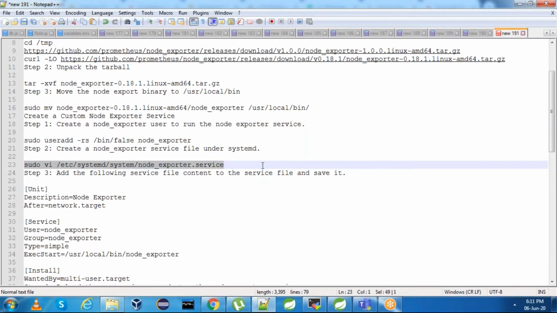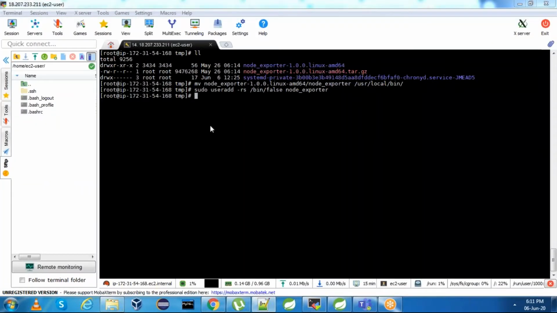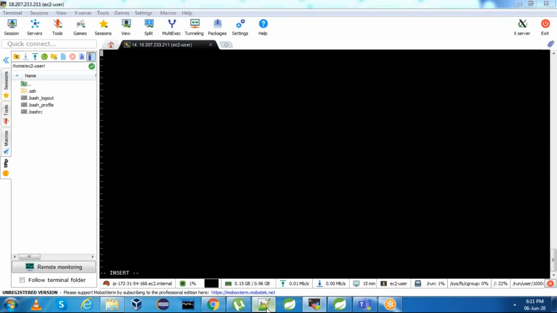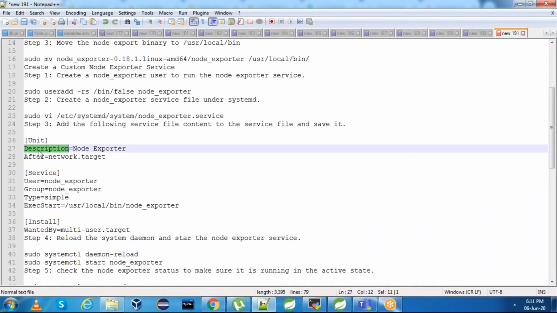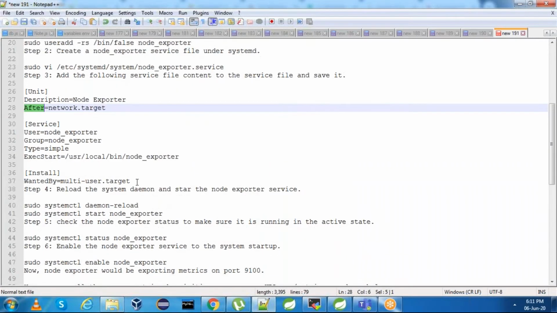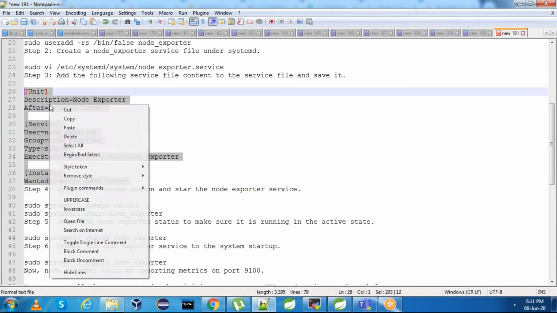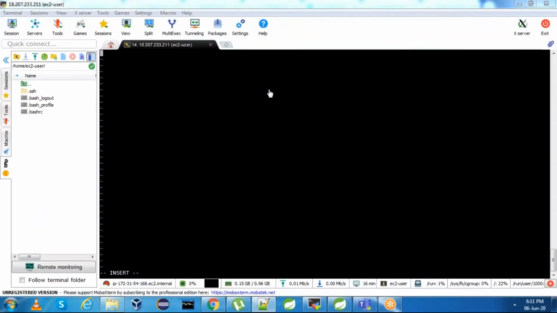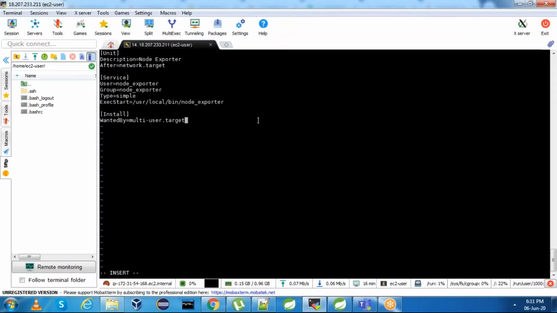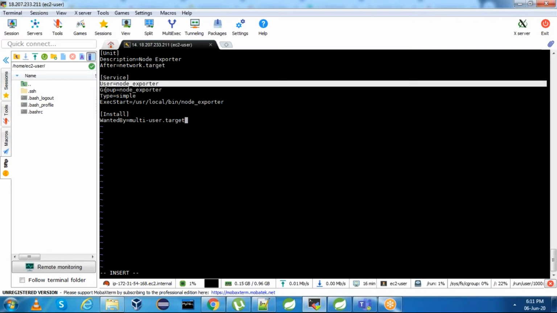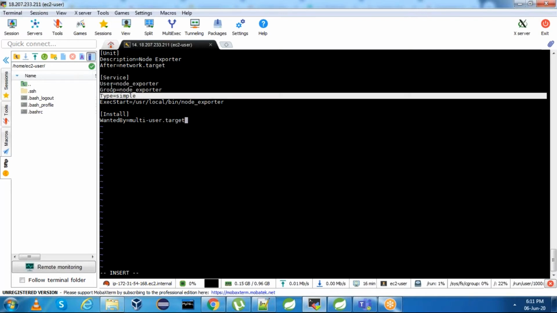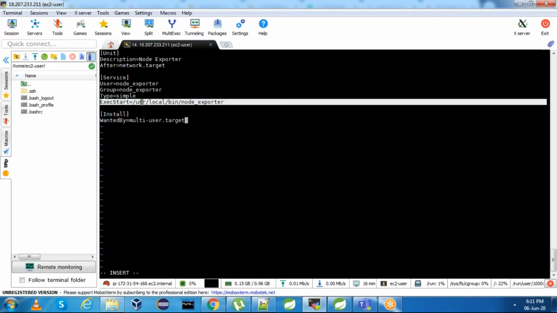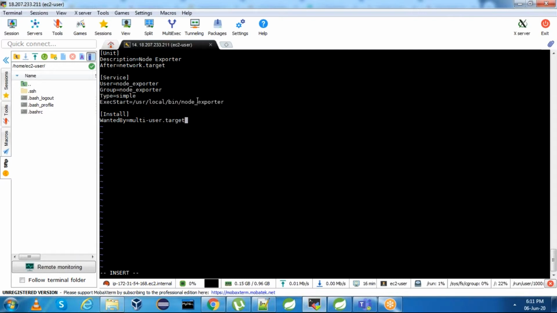Create this file, and paste the unit description into it. Copy this and mention this. If you see, user is node_exporter, group is node_exporter, service type is simple, and ExecStart is /usr/local/bin/node_exporter, the file which we will use for starting.